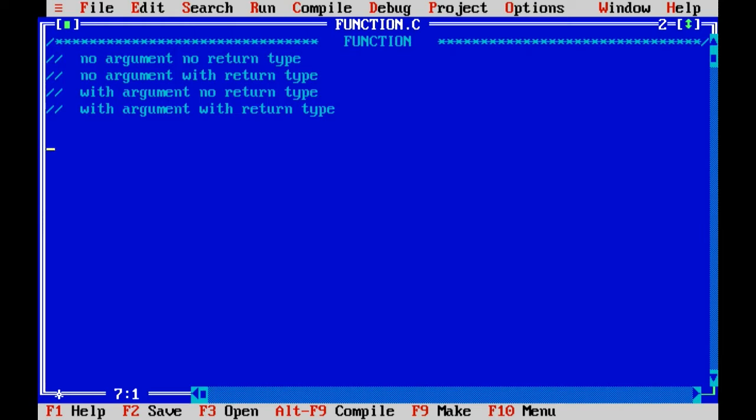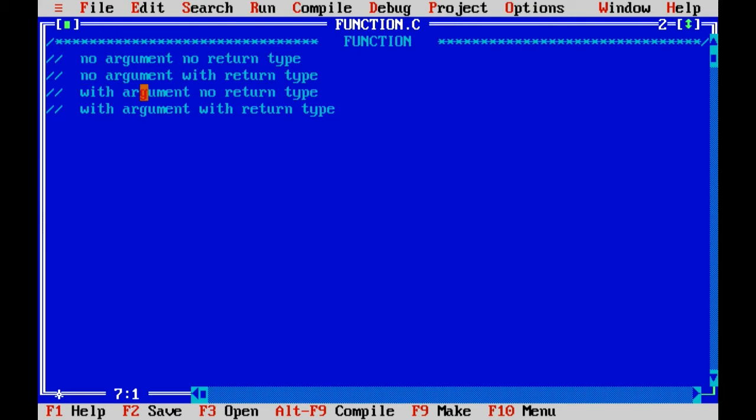There are two types of functions: user defined functions and library functions. Library functions are like printf and scanf, which are already defined and declared. We just have to call them and we get the output. User defined functions are functions created by the users in the program, and we can use a set of code in the function multiple times.